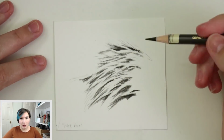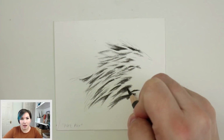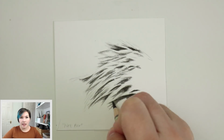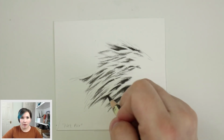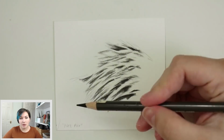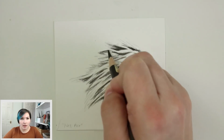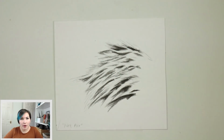If you go in with a hard pressure initially, it's going to be really difficult to lift that and you'll end up having to start over again if you're not careful. So I just go in, map everything out, go over the entire piece. I usually work from left to right and top to bottom. So once all of those shapes and all of those dark values are mapped out in the wet fur, then